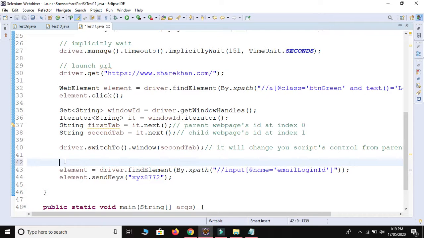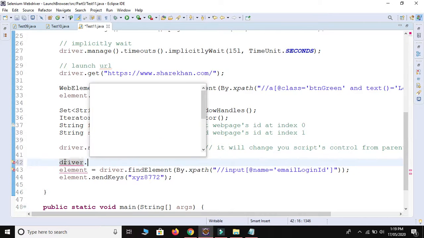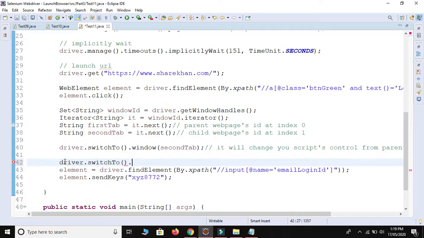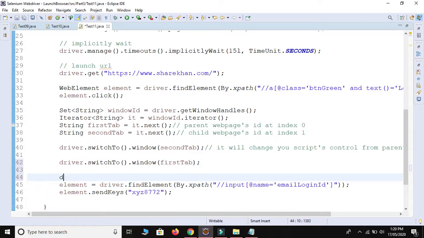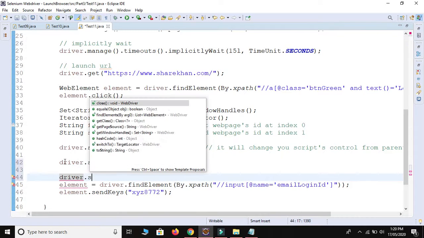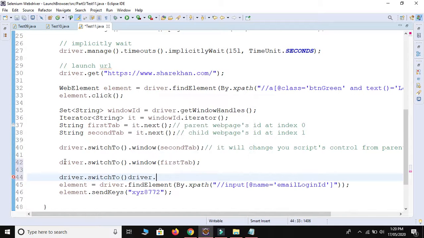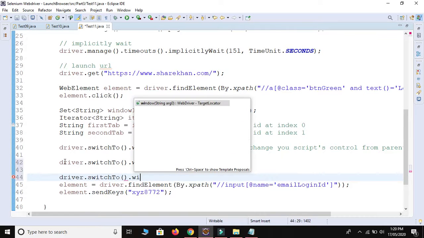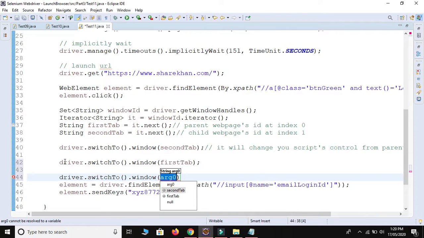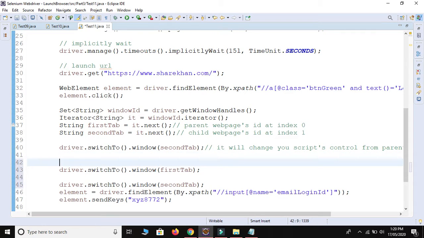Now it's time to change your control from again driver.switchTo().window, again the first tab, just for the example, and then again switch your control driver.switchTo().window on the second web page, and I will provide some static wait so you are able to see.